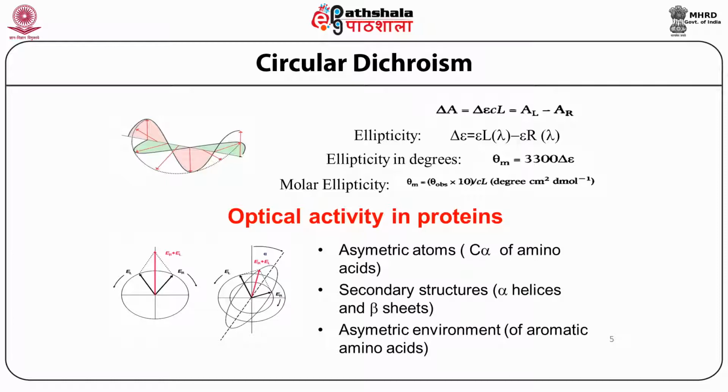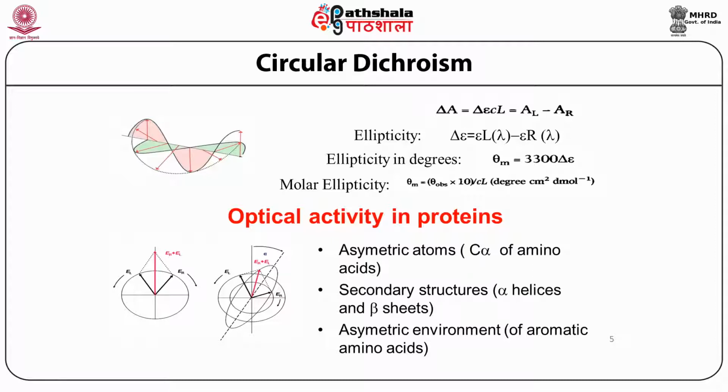minus the right circularly polarized light, and thus the ellipticity is defined as delta epsilon equals epsilon L lambda minus epsilon R lambda, where epsilon L and epsilon R are the absorption coefficients for the left circularly polarized light and right circularly polarized light at a particular wavelength. In degrees, the molar ellipticity is defined as theta molar equals 3300 delta epsilon, and the molar ellipticity can further be derived in the form of theta observed into 10 divided by CL, in degree